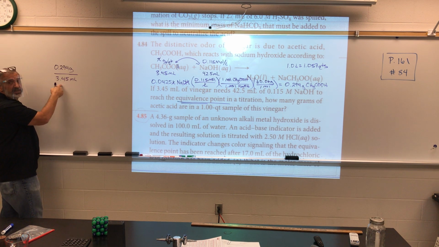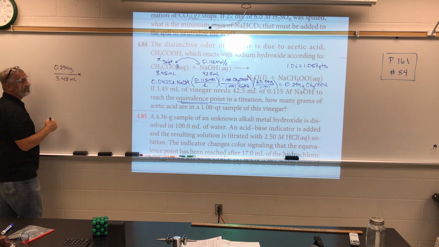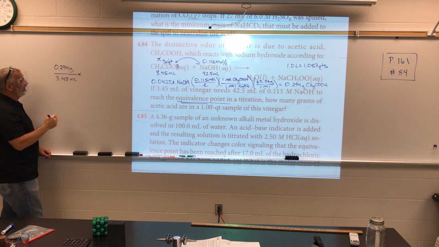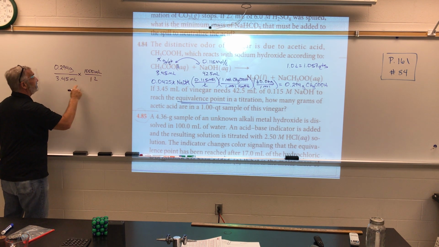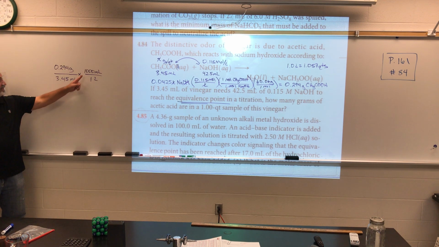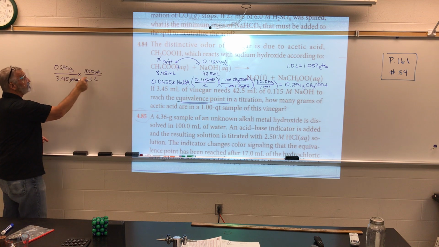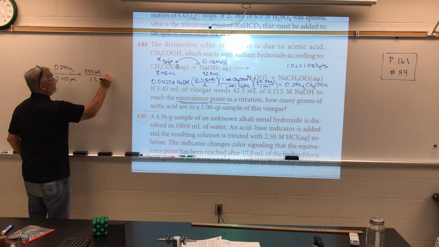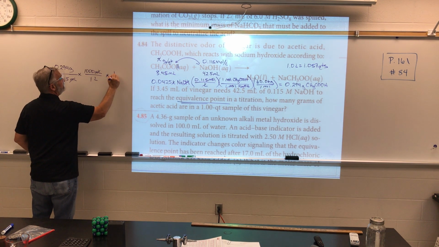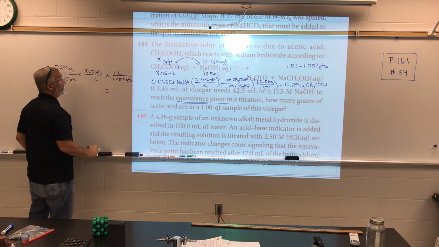Now, if you want to do this in your head ahead of time, you can move that, but we can just go times, how do we change milliliters to liters? 1,000. You would divide milliliters by 1,000, but to make the units work here, we're going to go this way. Because milliliters cancel, that leaves me with grams per liter, but I need grams per quart, so I'm going to go times 1 liter over 1.057 quarts. And that's going to equal